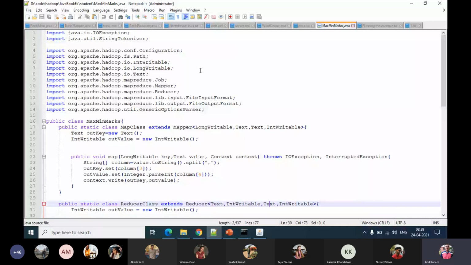So this out value you can see is int writable because we are writing int writable.